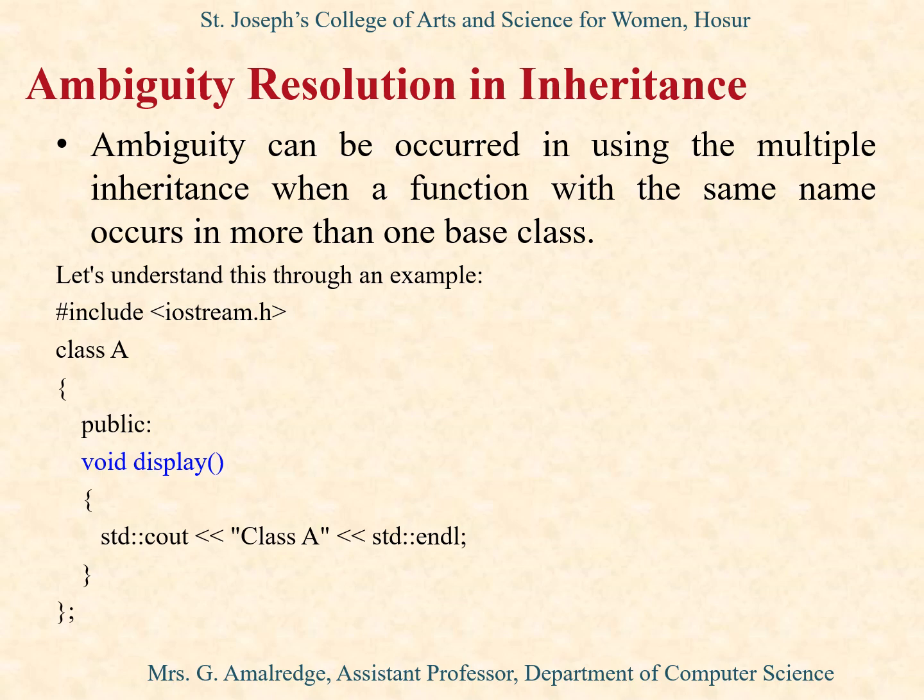Ambiguity resolution in inheritance. Ambiguity can occur in multiple inheritance when a function with the same name occurs in more than one base class. Now, let's understand this concept with the help of one example. Here we are creating a class called A. In this class we are creating a member function called display. So display has the output statement of printing the class name, and